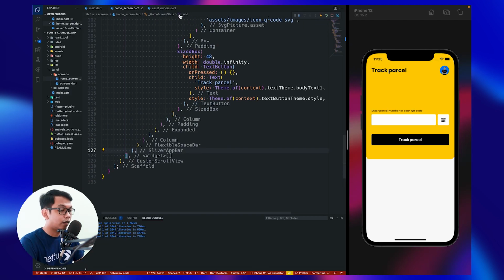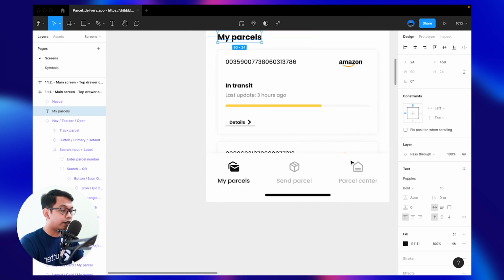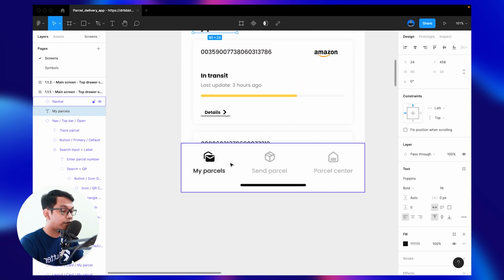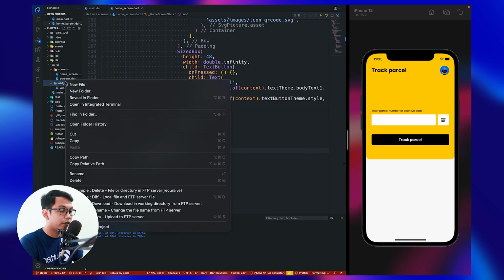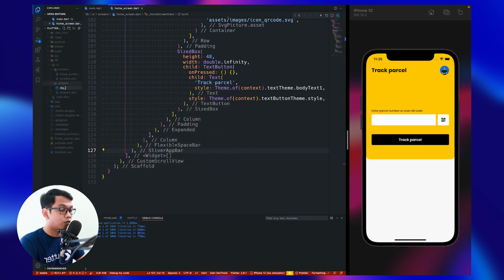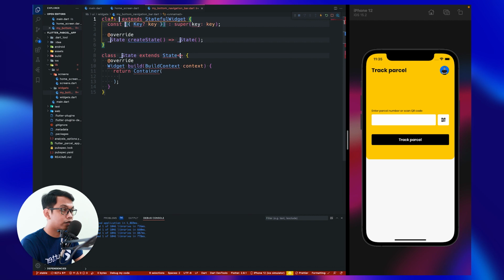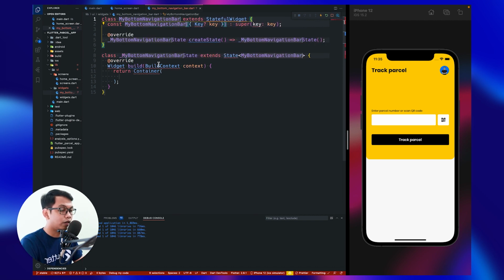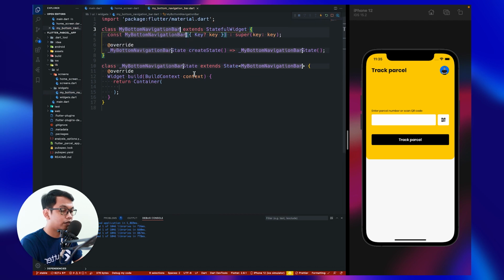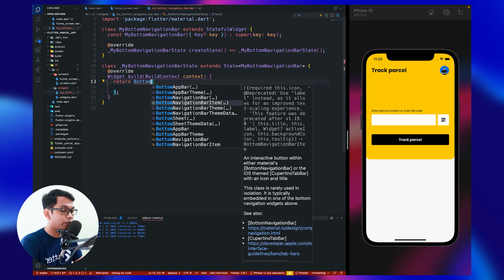But before that, I think we can create this bottom navigation bar, and for that we create a new file inside our widget folder. We name it as my bottom navigation bar dot dart, and then inside this file we create a new stateful widget, name it as my bottom navigation bar. And don't forget to import material, and we need to return bottom navigation bar.